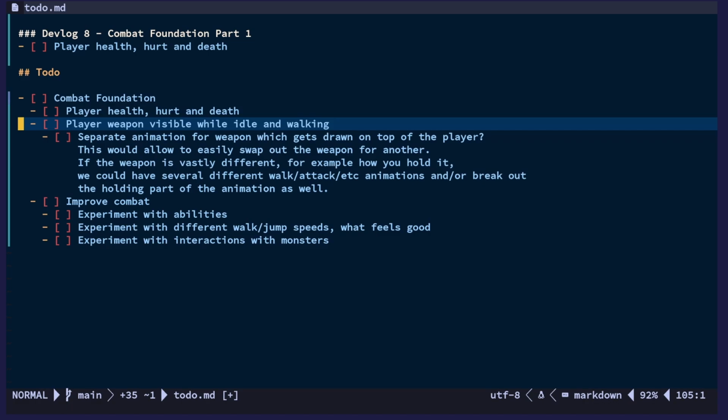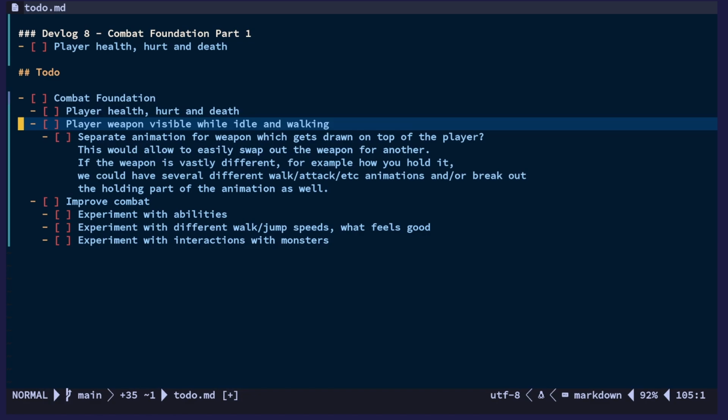I'm not actually sure, but it would be nice to have some sort of system where you could swap out the weapon graphics easily, so you don't have to draw one set of sprites for each weapon that you have. That would be a lot of different sprites. So instead, what I'm thinking is having a separate sprite sheet for each weapon,